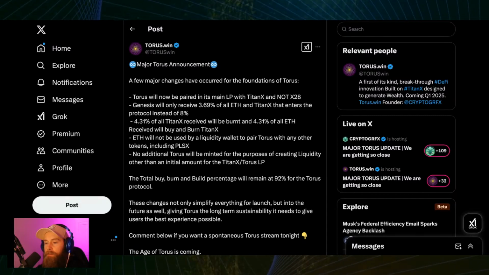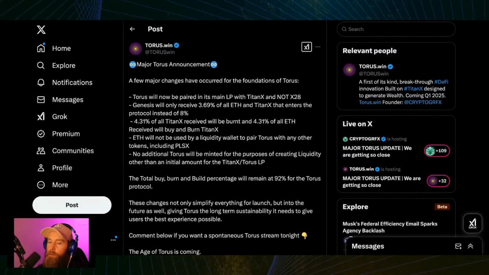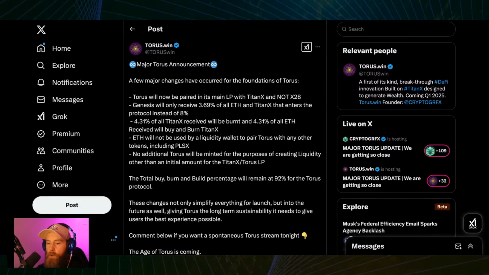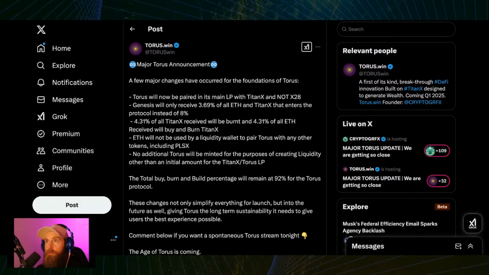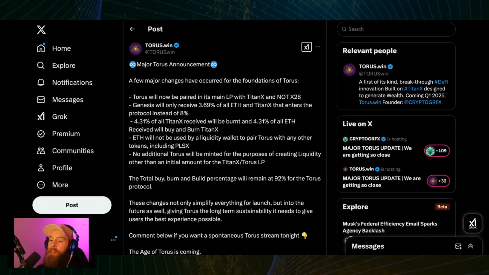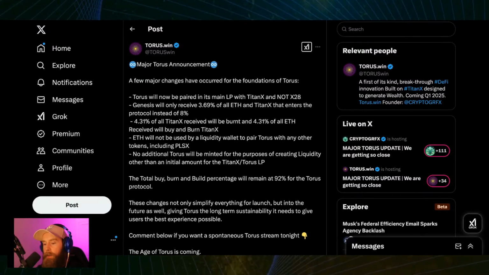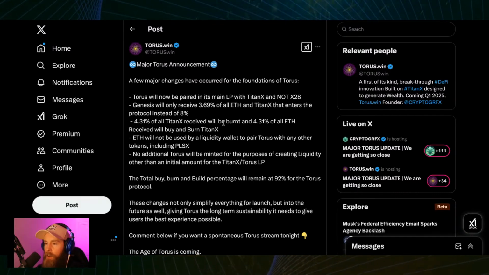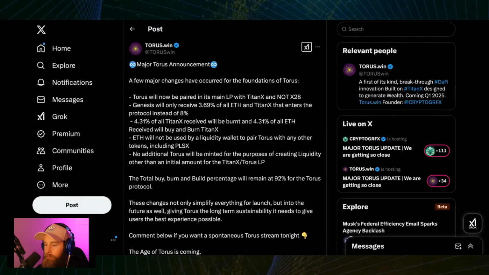And this creates a pretty cool dynamic. What you'll see once we have a couple more things sorted out in terms of the exact ratios we want to use for TORUS with the ratio from TORUS to Titan X for creating, then we can tell you the exact liquidity numbers that are going to come out. And things are going to be cool. There's phase 1 and phase 2 for the buy and burn and the buy and build. It's all looking fantastic.